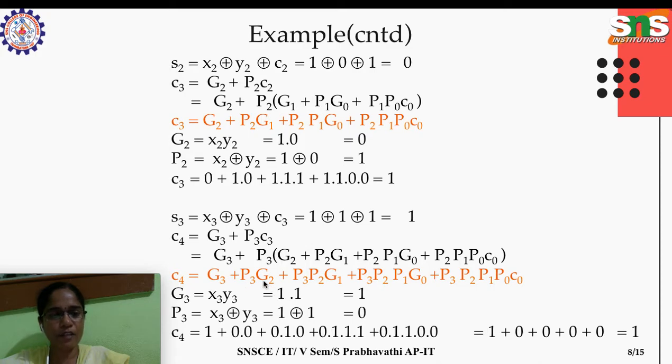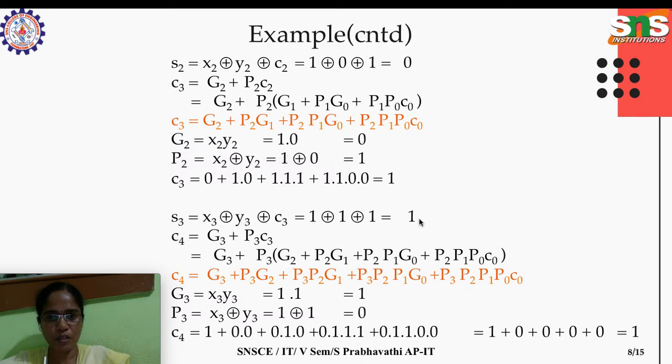Each and every bit of the full adder will do this type of calculation, and it will predict the carry instead of depending on the previous carry, so that the gate delay will be enormously reduced and we will get a faster output. In a short duration we will get the calculation. That's the logic here, and when we compute all the values we will get C4 as 1. So what's the result here?